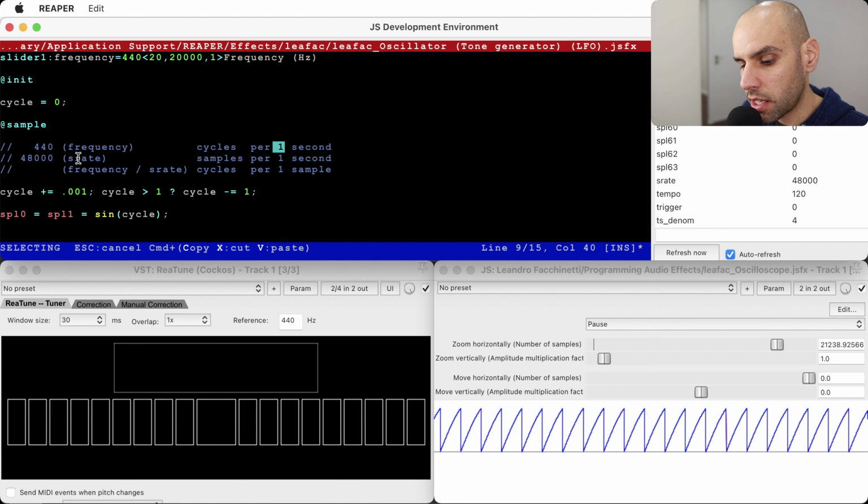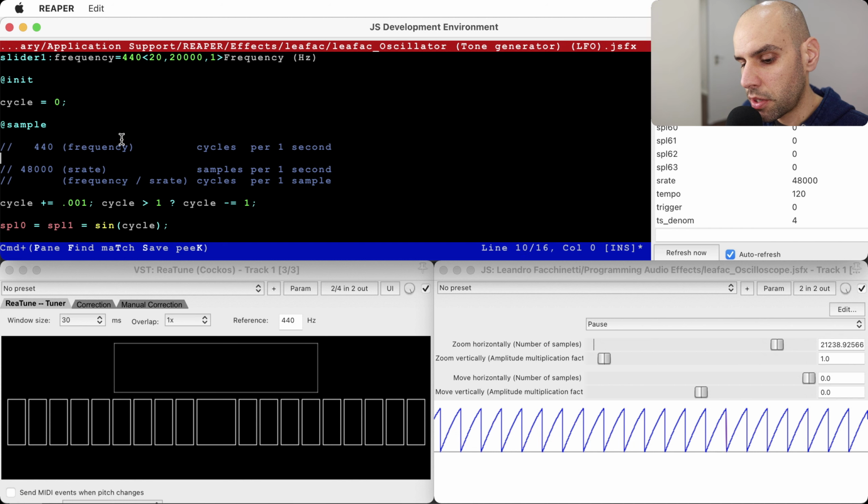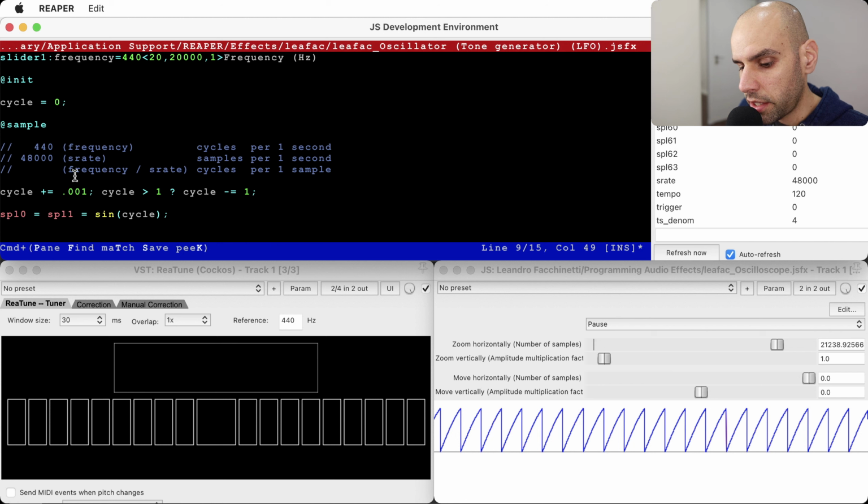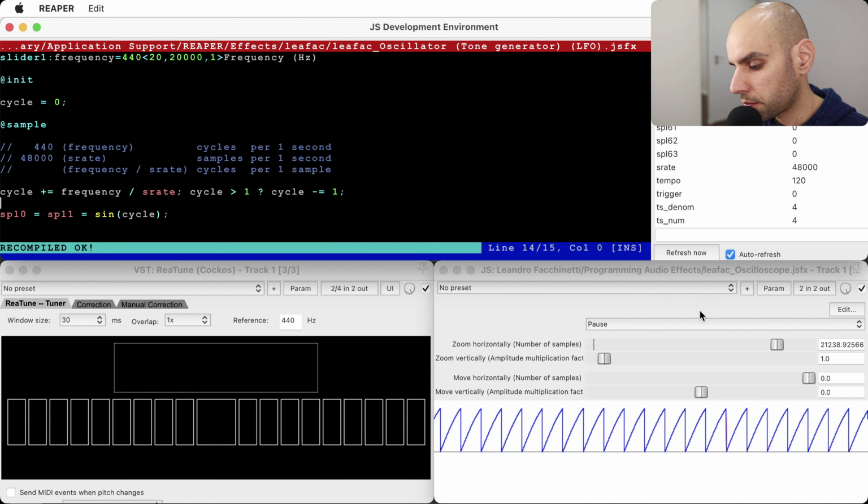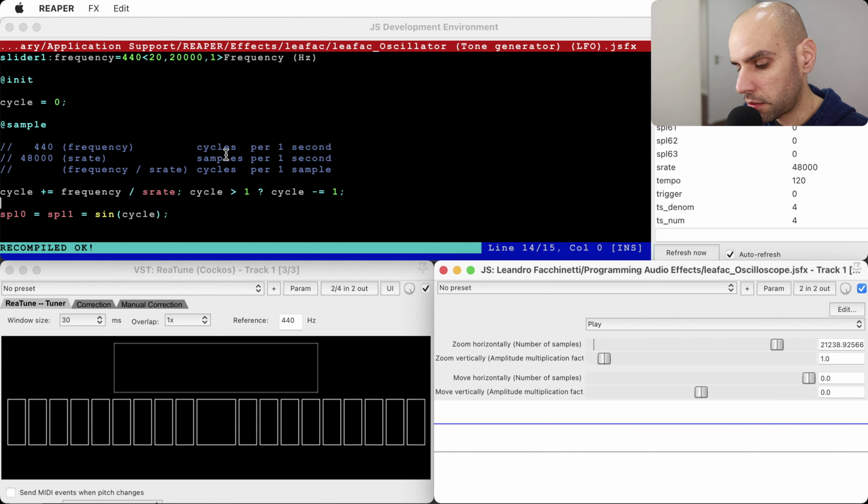Another way to think about this is that we want the thing in cycles per sample, so we can divide this line that has to do with cycles by this line that has to do with samples. It's as if we were writing here a big division between the two. And that's what you end up with. So if instead of having this hard-coded number, we had frequency divided by the sample rate,